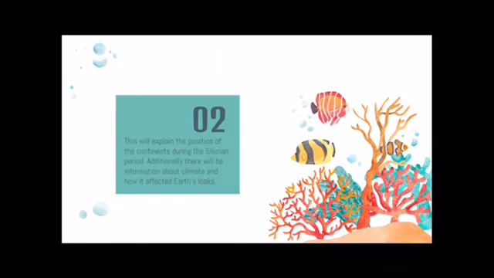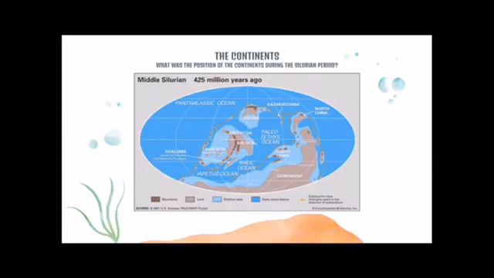The next section we are going to talk about is explaining the position of the continents as well as the climate during the Silurian period. The supercontinent Gondwana drifted southward and covered most of the southern latitudes, while much of the northern half of the planet was ocean with two smaller continents, Laurentia and Baltica, located near the equator. And then there was also the continent Avalonia, which drifted from the northern edge of Gondwana